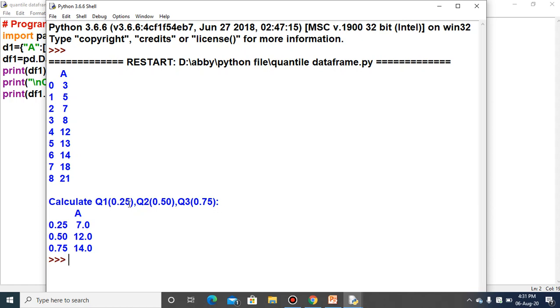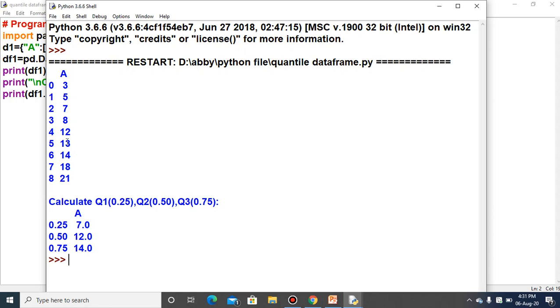Q1 is 0.25. As you can see here, out of this set of numbers, 0.25 is 7.0. So 7 is the number which will be under the first quartile. Out of these 9 numbers, the third position value, which is 7, is the first quartile. And the median will be 12, which I told you earlier.